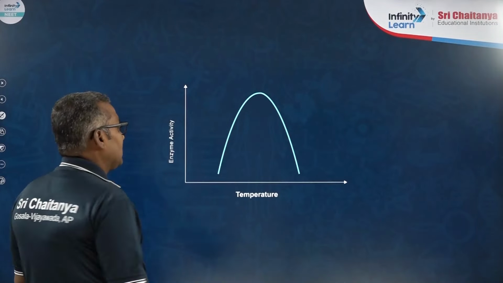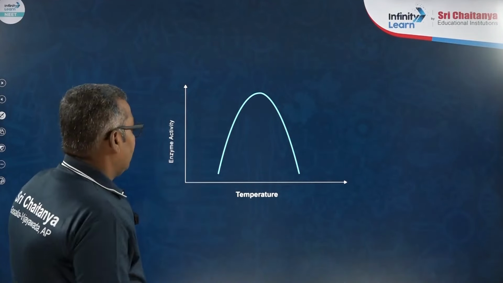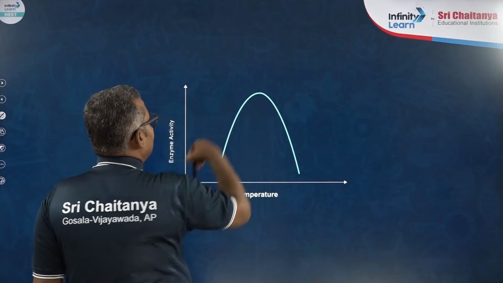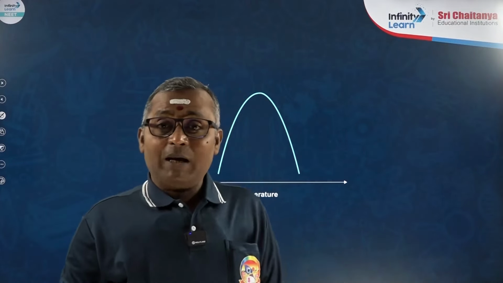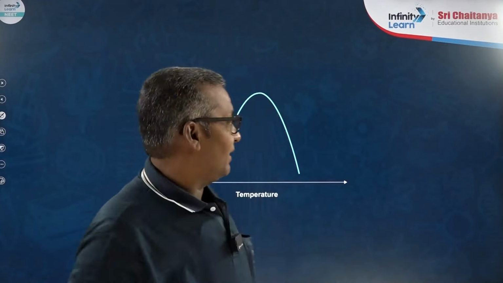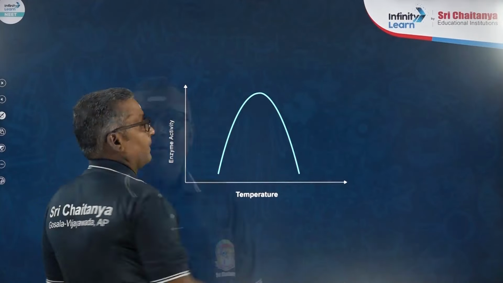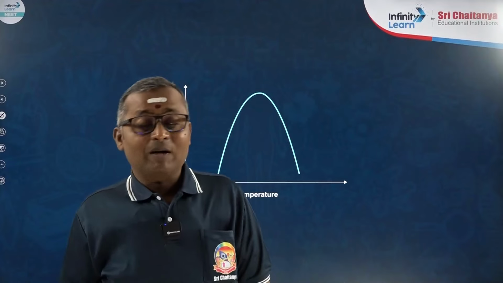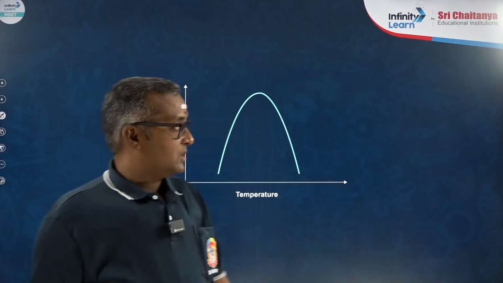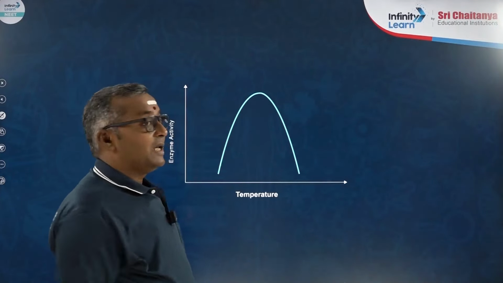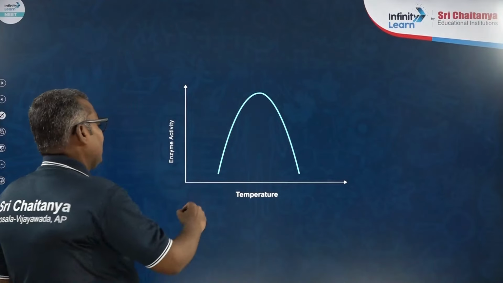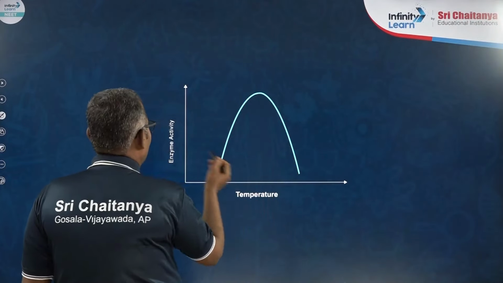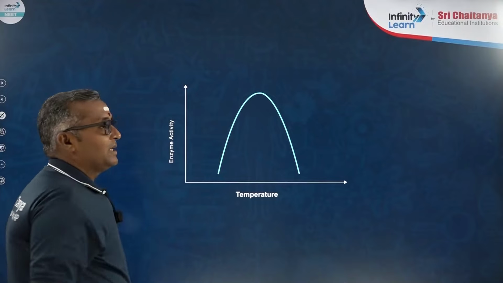Similarly, for temperature also you will get a similar kind of curve. If you decrease the temperature from its optimum temperature, the enzyme becomes temporarily inactive, whereas if you increase the temperature, the enzyme gets denatured at very high temperatures because the enzyme is a protein. This is what happens with regard to the enzyme and pH. So even with temperature and enzyme activity, you will get a bell-shaped curve.